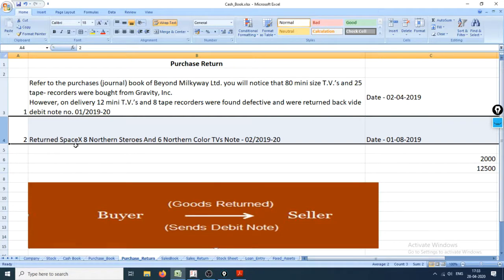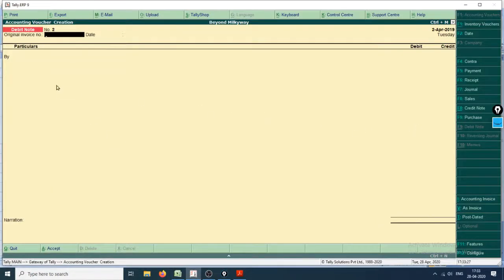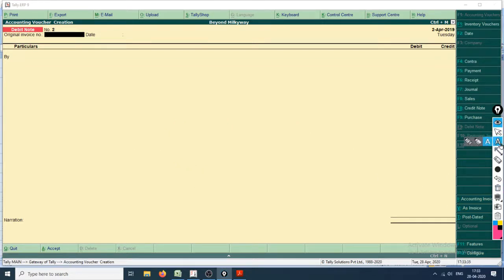Now let's try the most efficient feature of Tally, in the debit note. Don't get carried away. So let's try and see this feature right here as invoice.